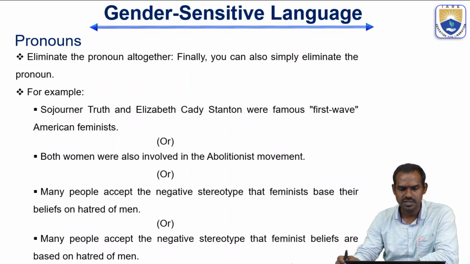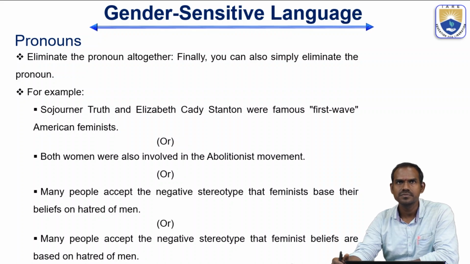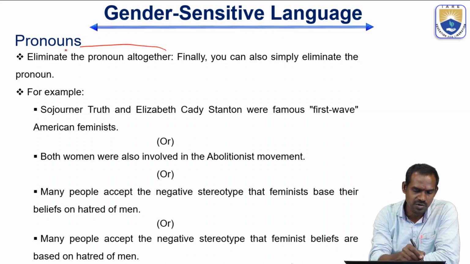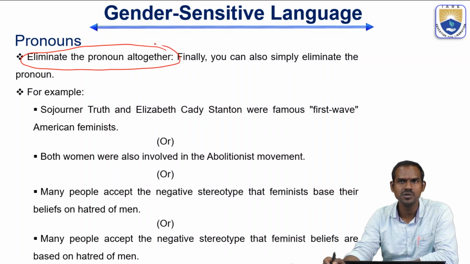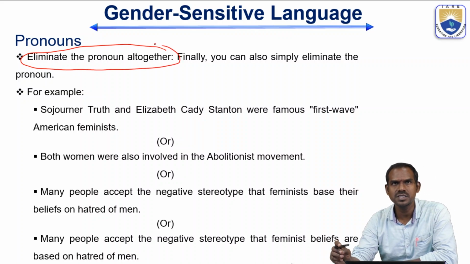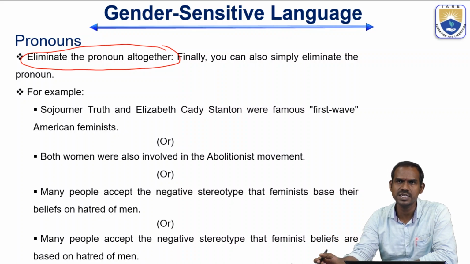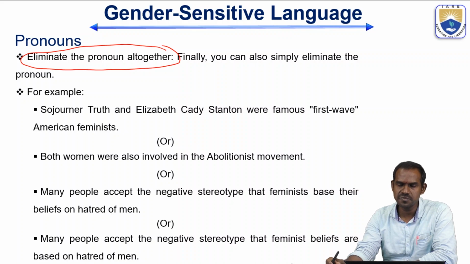Now, in continuation of the pronouns, eliminate the pronoun altogether. If you have any confusion about what pronoun to use, eliminate the pronoun altogether. This is the best idea when you are not understanding what is the best pronoun to fit there. In that case, eliminate the pronoun altogether. So finally, you can also simply eliminate the pronoun. For example,